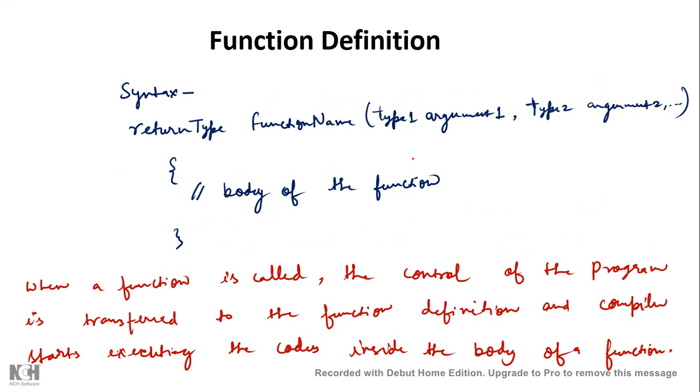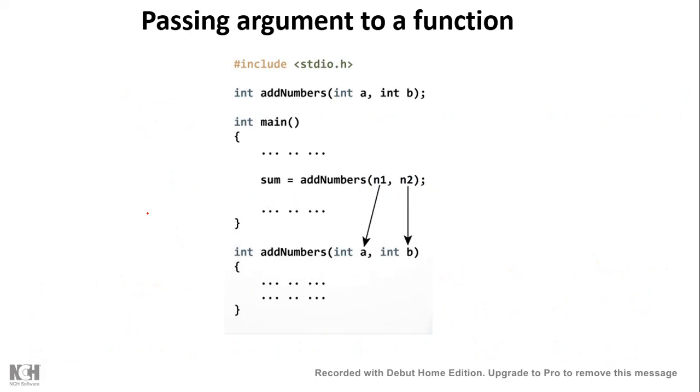main to the function where we have done the definition part, where the body of the function is written, and the compiler starts executing the code written in the body of the function. In this body, some instructions will be written, like addition, and then it returns a result. This return will be taken, and then the control will again jump to our main program, and further lines of code will be executed. How this happens, we will understand by seeing how arguments are passed to a function.